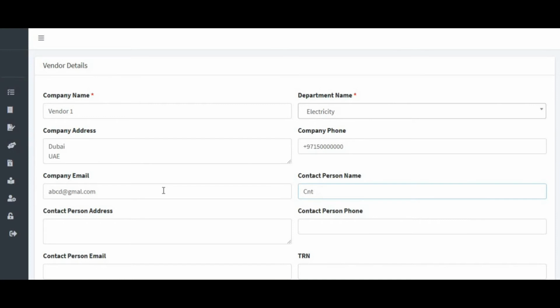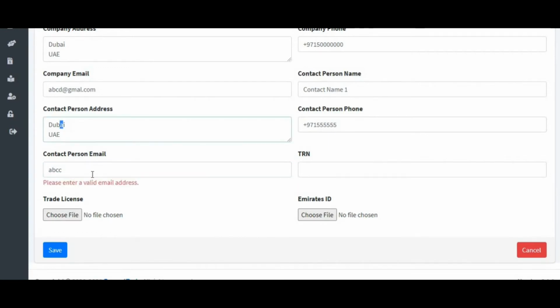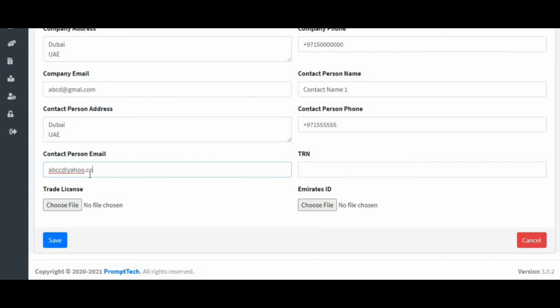These are all random names I'm taking. You guys can put in details as per your building. So just keep a record of your vendors. I'll just put the address as well. The contact person's phone number, you can put the vendor's phone number here as well. His email ID you can even write, and note down his tax registration number as well, trade license, and obviously the Emirates ID. So you can keep the record of your vendor, who is taking care of your maintenance, over here. I'm just noting down the details over here.